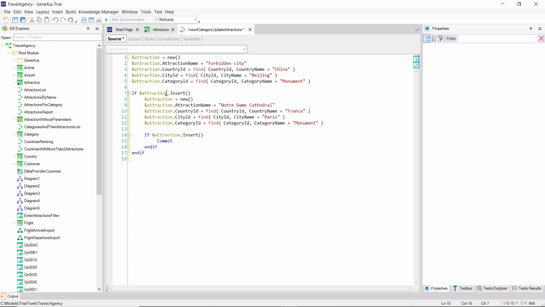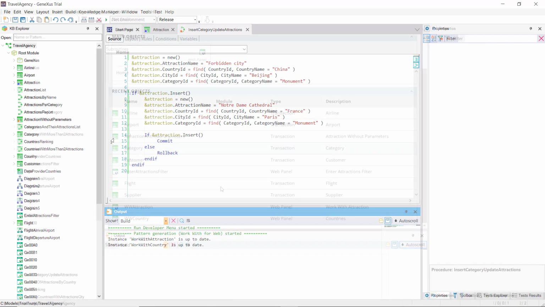Here we'll only commit when the first and the second insertions were successful. It could happen that the first one was successful and the second one was not. Then, the record of the first one will be saved in the database, but it won't be committed. So, maybe in that case, when the second one is not successful, we don't want the first record to remain in the database. And then, we would use the rollback command.